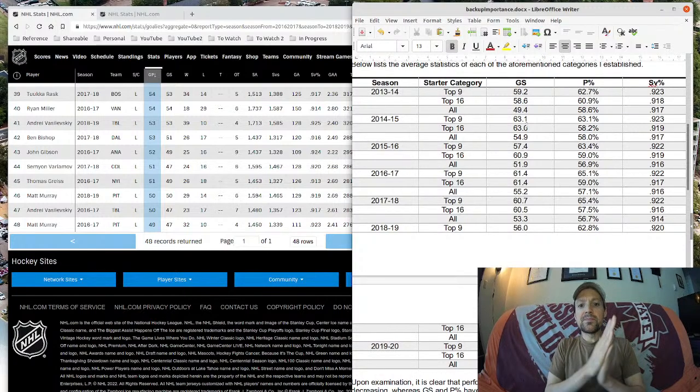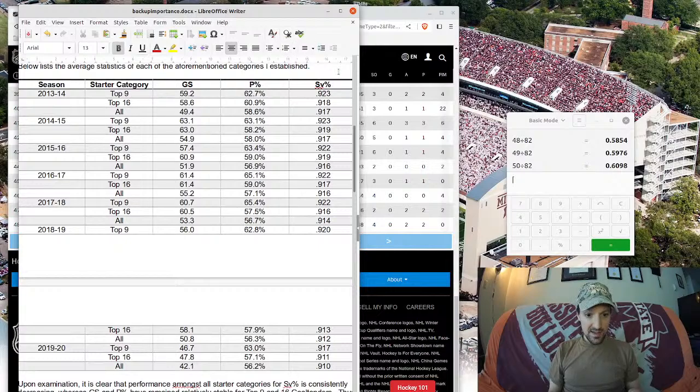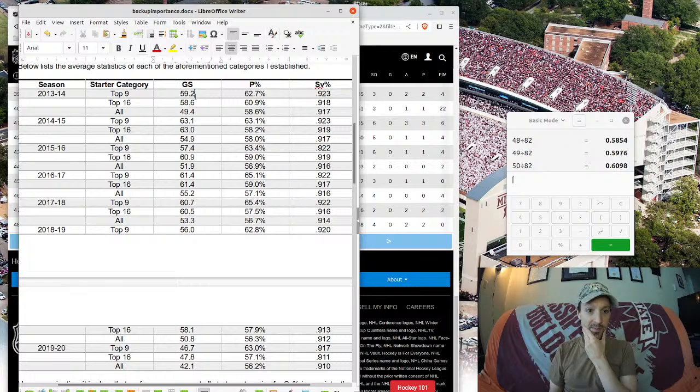Okay, so anyways, again, I'm doing this on the spot, so I don't actually recall exactly how I structured the article, but the data was as follows on the right of this. So actually, I'll move this over to the left of the screen so you can see it better. So as you can see here, there's kind of a trend for goalies to start less. In the left column here, top 9 goaltenders started about 59 games, and then over time that's decreased down to